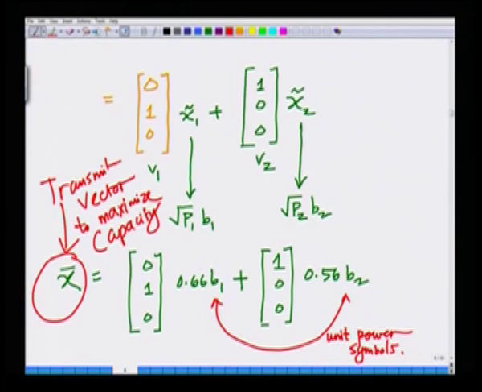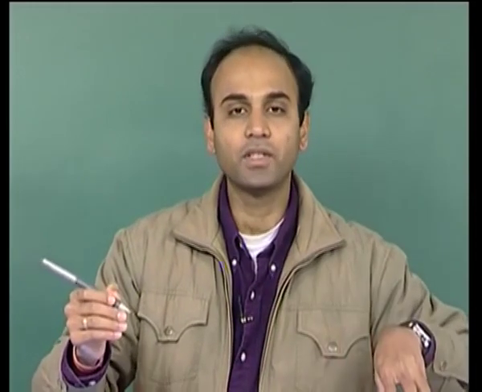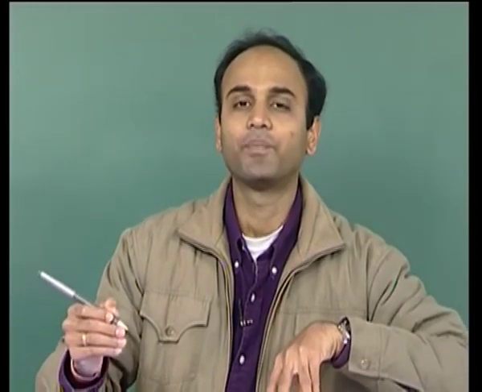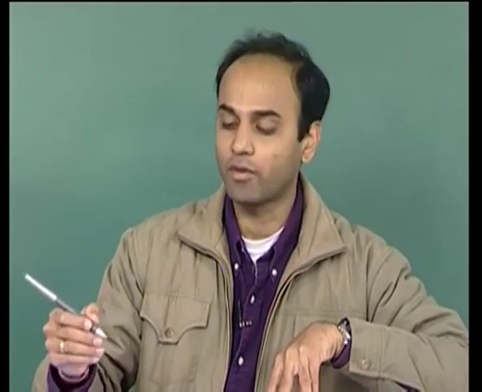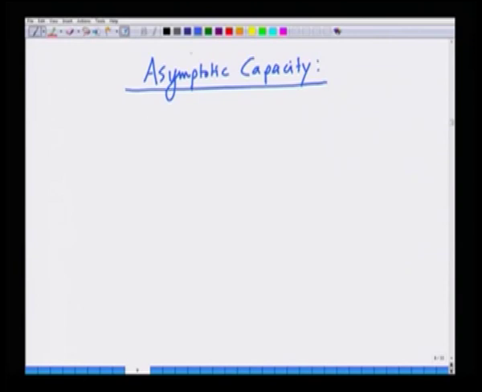All right. Before we move on, let me do another, again a very small idea here. How do you characterize, because we still haven't characterized what are the capacity advantages of a MIMO system. So, I am briefly going to look at a notion of asymptotic capacity. We have seen that the capacity of a MIMO system,